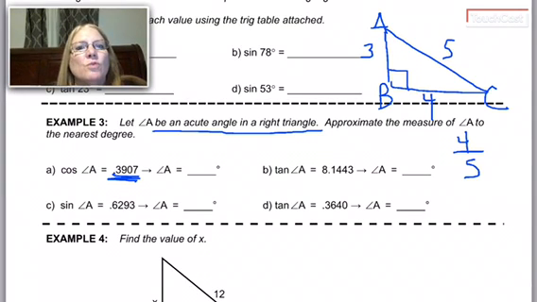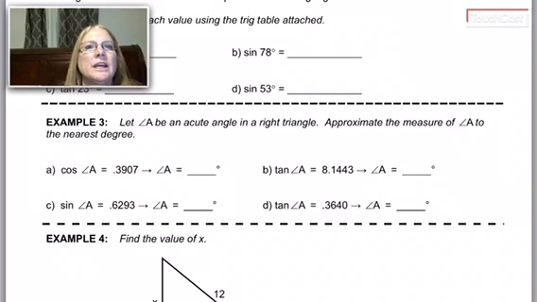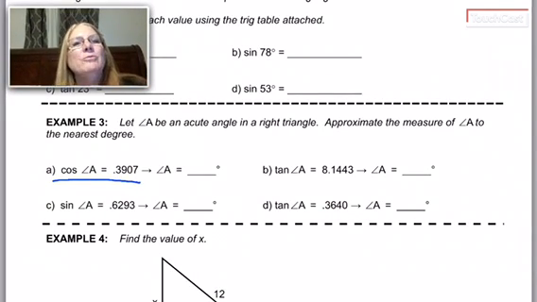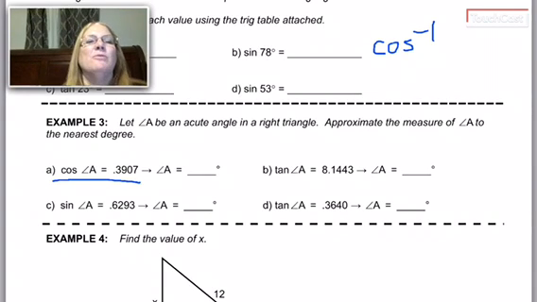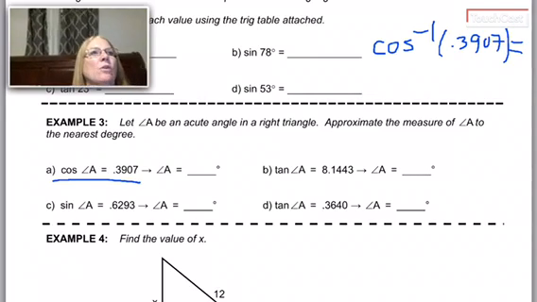Okay, so now let's work the opposite way, and we're going to use our table. If you have a calculator, though, I'd like to show you how to do it in the calculator. So please let me know what calculator you're using. We're using the Inspire. So in this picture right here, we have the cosine of A. The way we would write this is we would use what's called the inverse cosine, and it looks like the cosine raised to the power of -1, but it's called the inverse cosine of 0.3907,